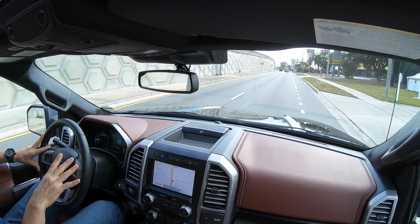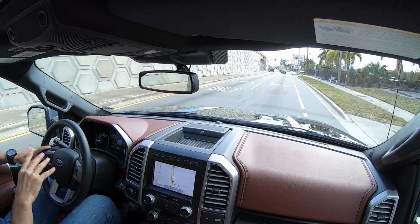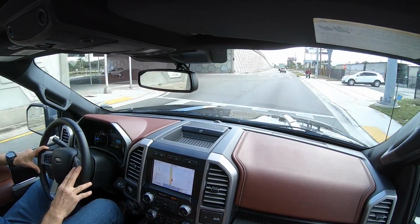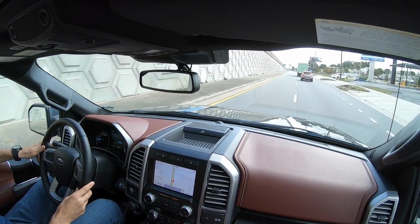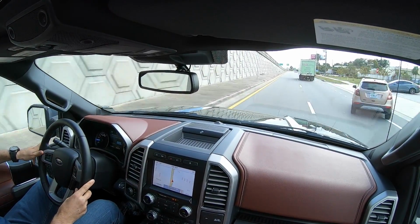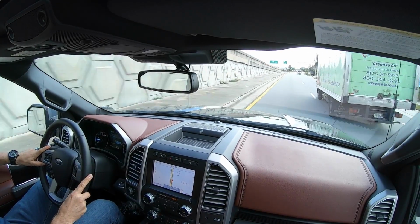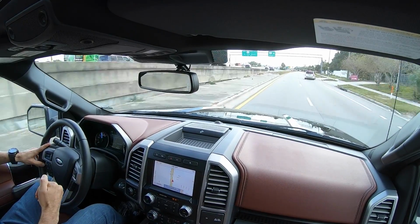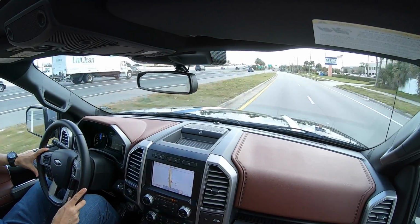It's like an Art Deco design with all these colors and shapes and everything, but I like the setup, the simplicity of the design in the F-150, and that's another reason why I think people keep coming back to them. It's like seeing an old friend, and you're just happy to see them each and every time. Getting on throttle, the 10-speed drops down, that EcoBoost engine is doing the business, and you are off